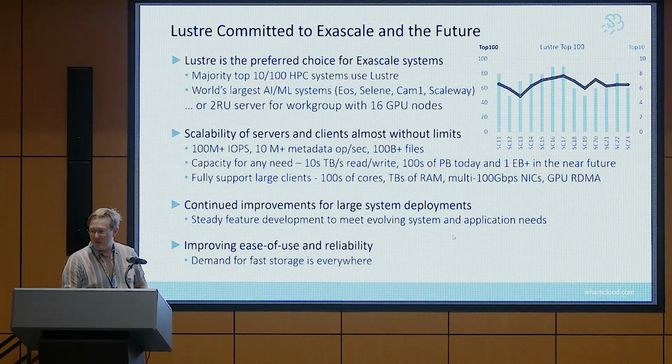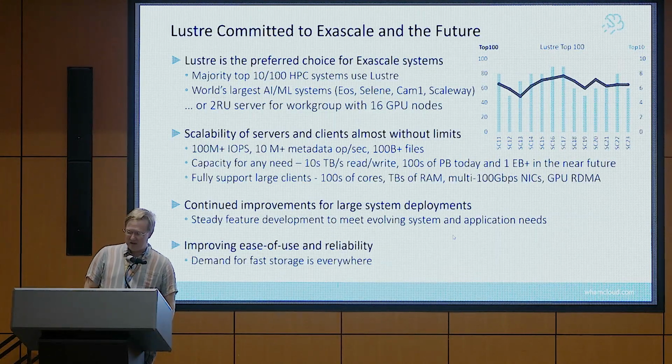accelerating the hardware, but there has been a lot of work done by people in the room and people outside the room to make Lustre able to scale up to high performance, high IOPS. And that's an ongoing task. I mean, there'll be some presentation later by Patrick Farrell about some of the amazing work that's being done to keep Lustre at the top of the heap. So we can really scale, honestly, I say that